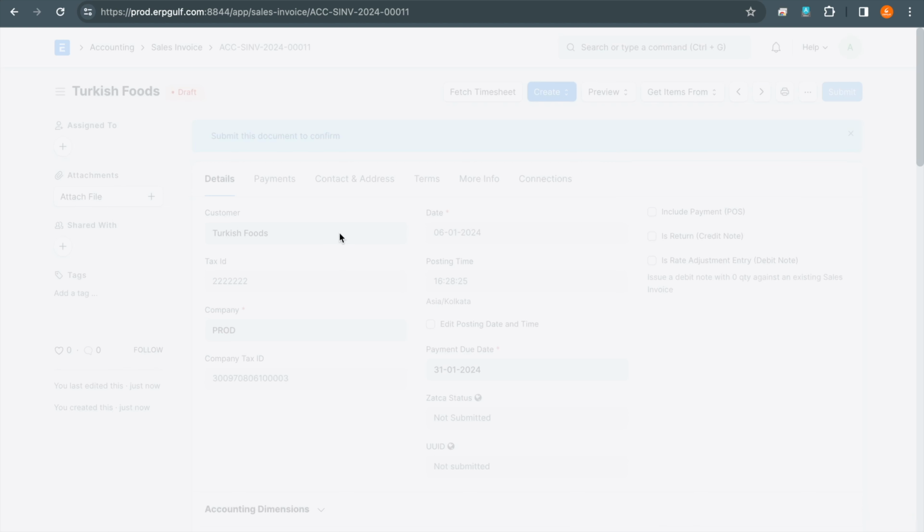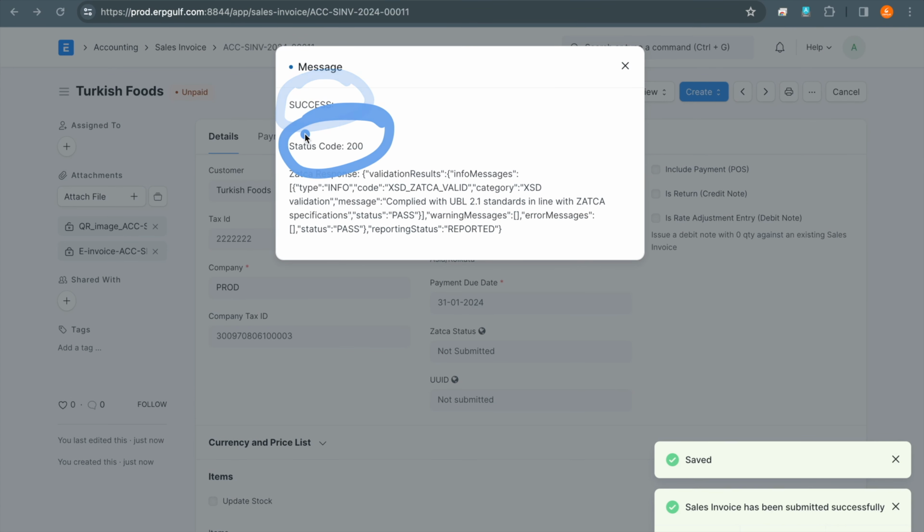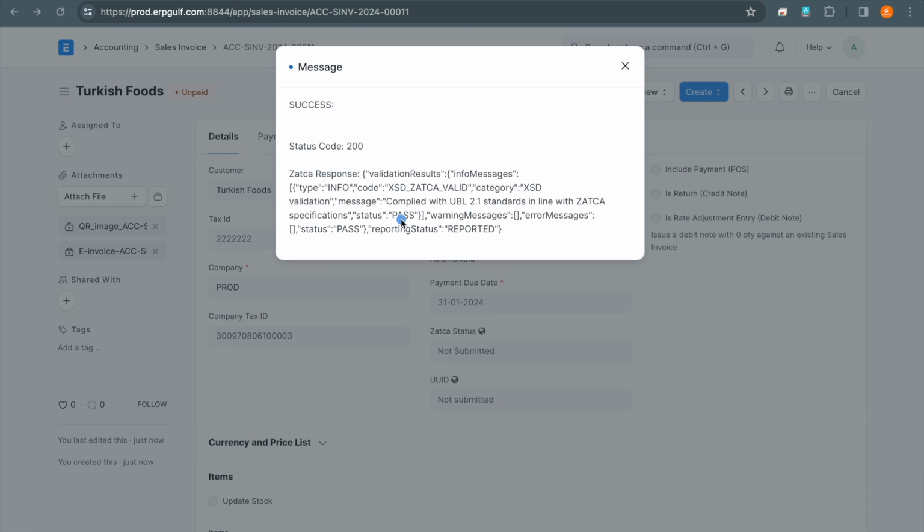So it takes 3-4 seconds, sometimes 6 seconds. You can see it here, success, and the status code is 200, and you can see here pass, and here reported. This is the most important thing. If your customer is B2C, I will show you once again how we are making it B2C or B2B on the customer. So it should be reported, and